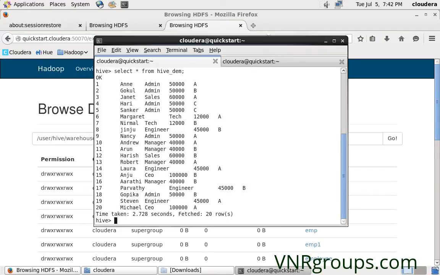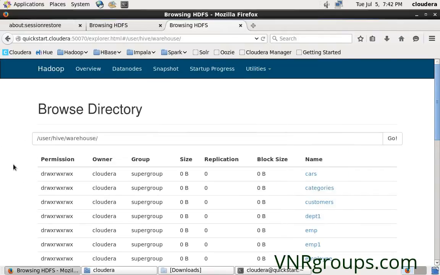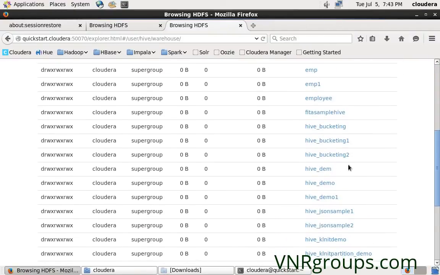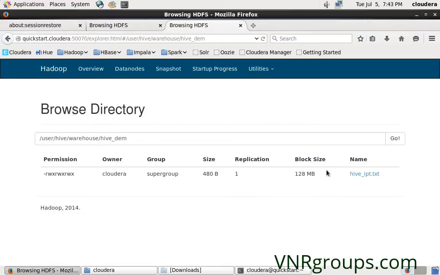You got it right? The difference. Yes, you can see the file getting created here inside user hive warehouse. The table that we created is hive_demo, so with the table name, automatically a directory will get created, inside which your hive_input.txt, whatever file we loaded, that data will get loaded here.